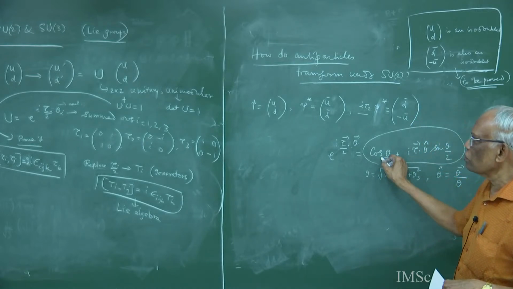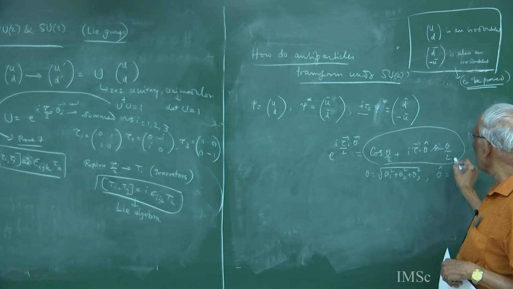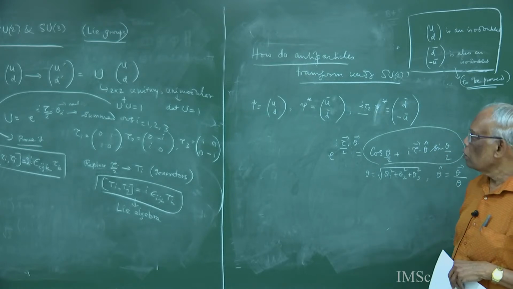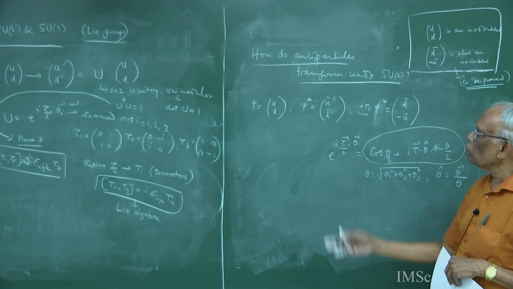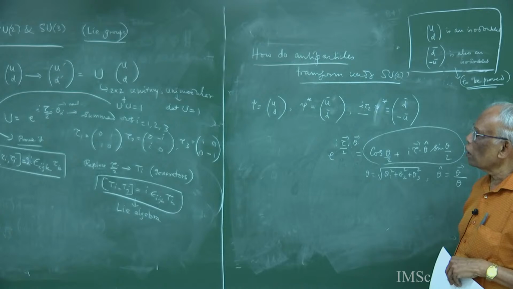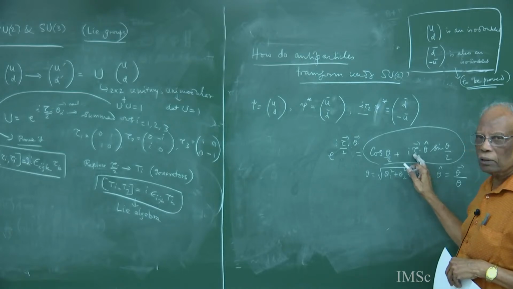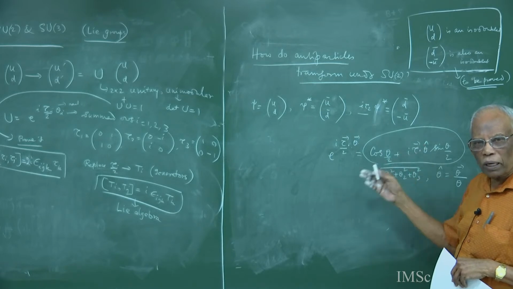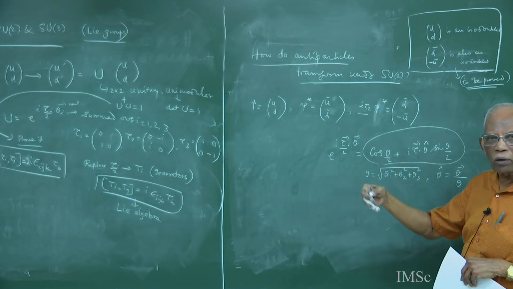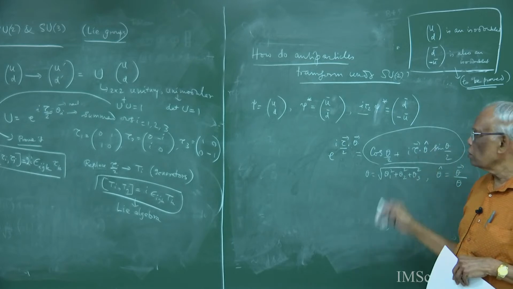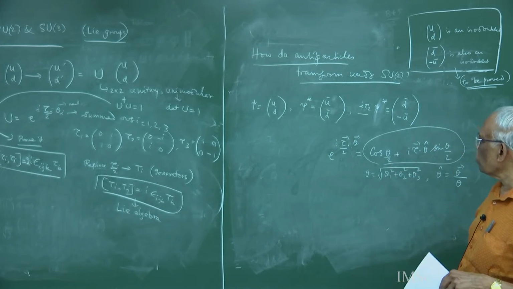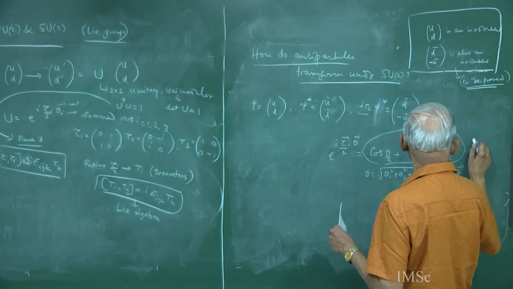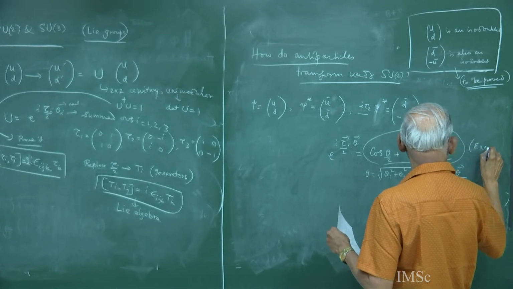All the odd powers will join together to give you sin theta by 2 with a multiplicative tau. So in 2 by 2 unitary space, every function of tau is at most a linear function. Tau squared, tau cubed will be converted into tau, tau to the power 4 will be converted into unity, and so on. That is why this happens. So please first prove this exercise, a very simple exercise,